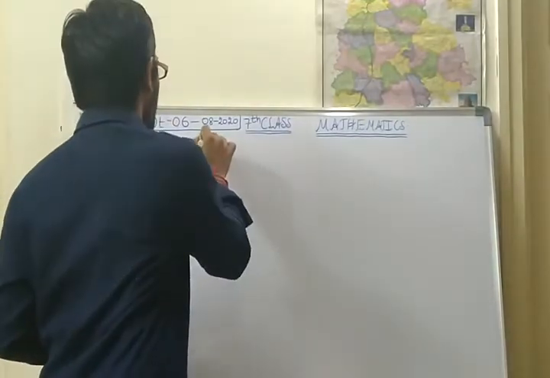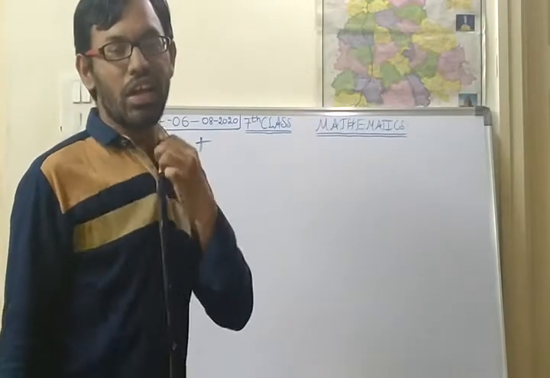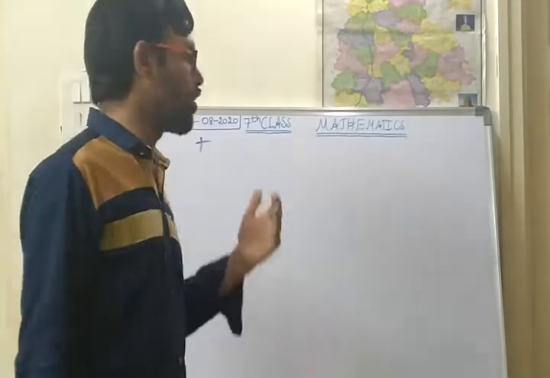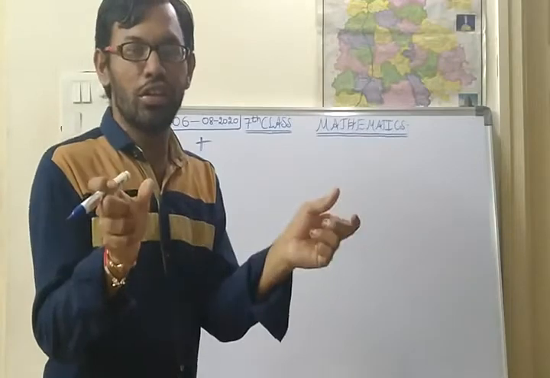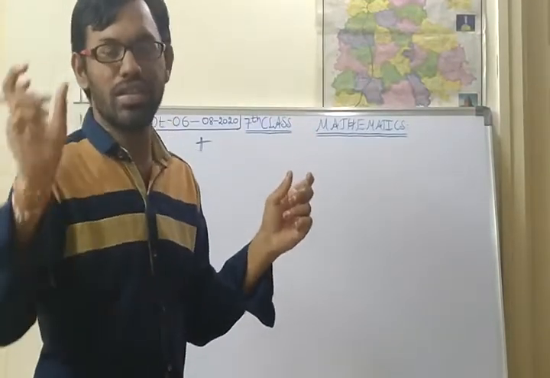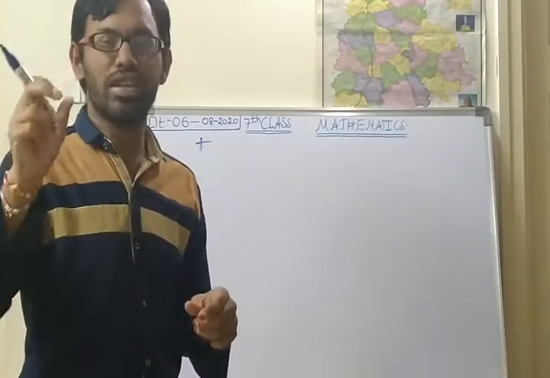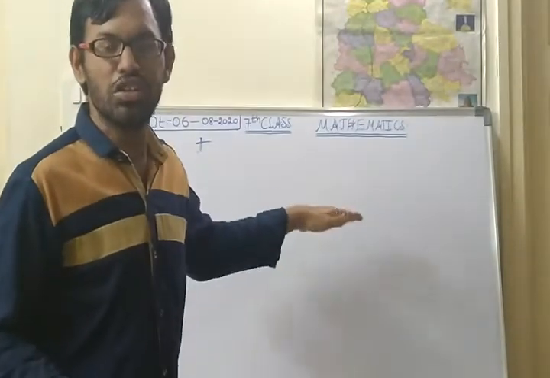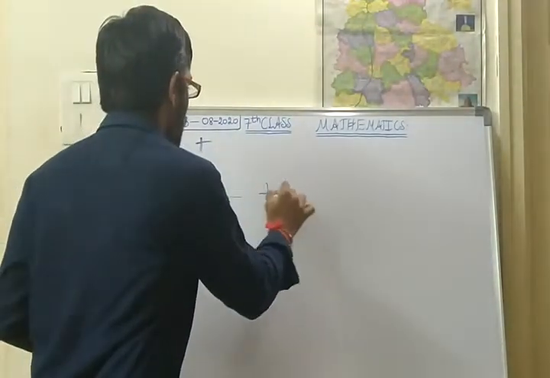We are talking about addition properties only. Next, the second one is the commutative property. Commutative property means suppose you are taking any two integers and adding them, one result will come. If you are interchanging them, and the result is the same integer, then the commutative property is satisfied under addition.